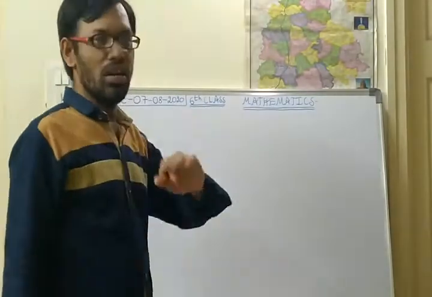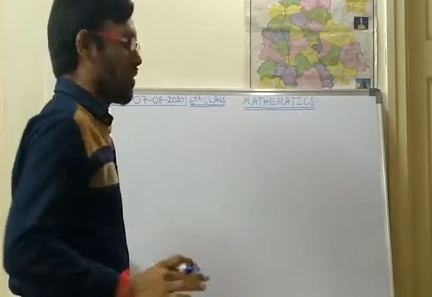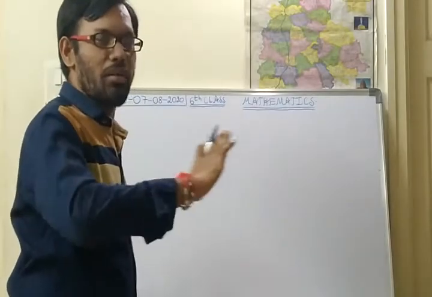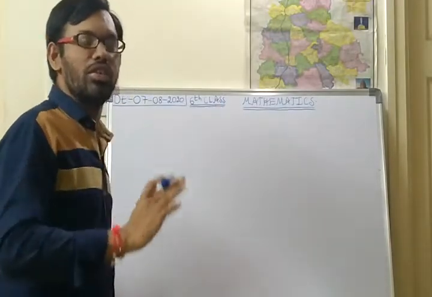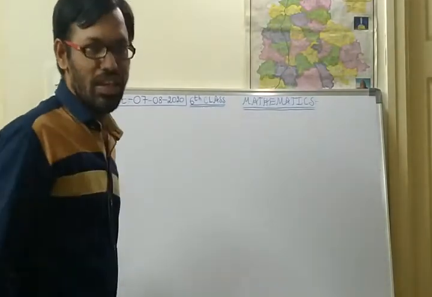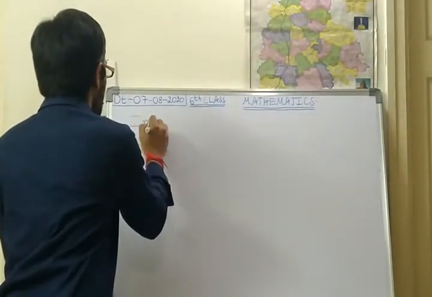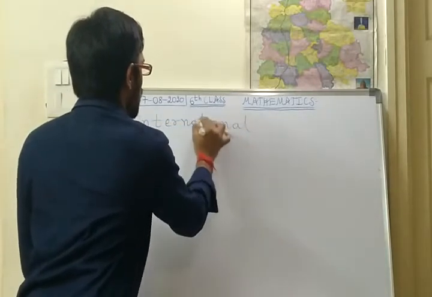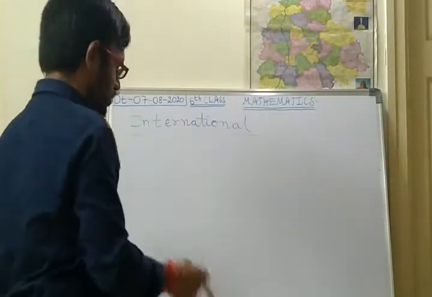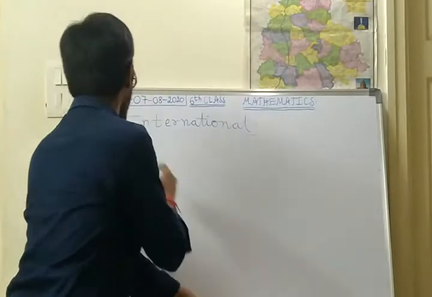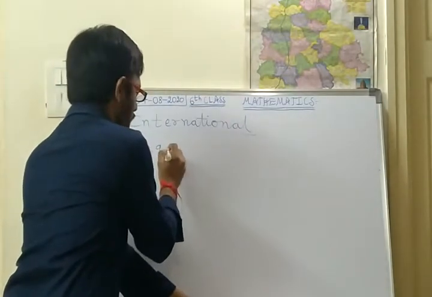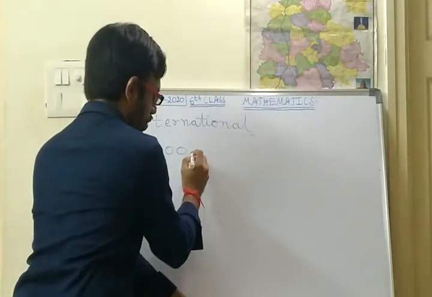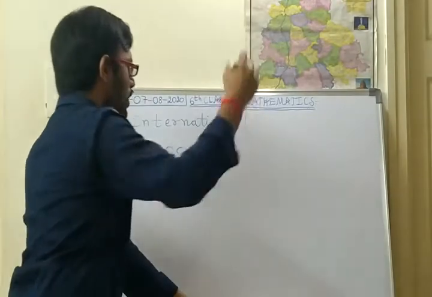So what is that confusion? Everyone will have the confusion. First of all, what are the place names? First of all we should get the place names for this international system. Two problems I have given. 9 4 9 0 0 2 3 1 4. Okay, this is one question.